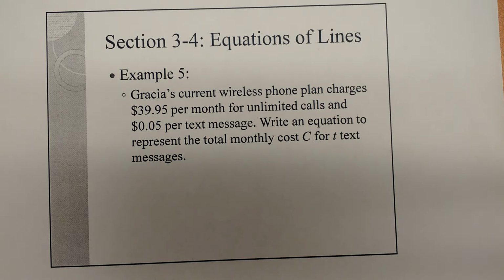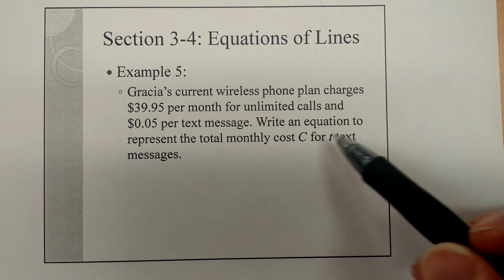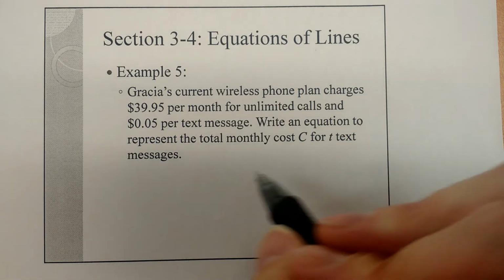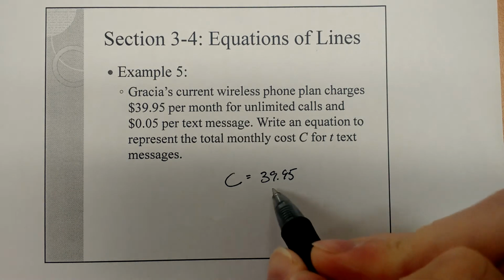And our last one here, a wireless plan that charges $39.95 per month for unlimited calls and 5 cents per text. Write an equation to represent the total monthly cost C for T text messages. So the cost of the plan is going to be $39.95 no matter what, because that's how much the plan